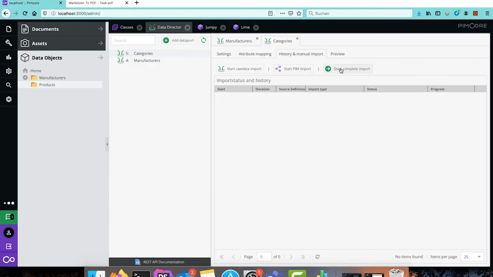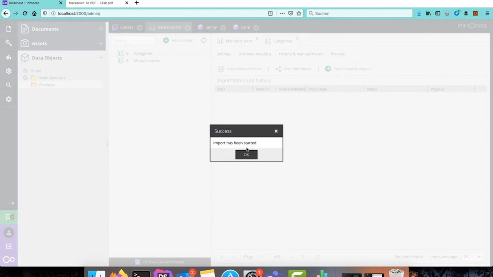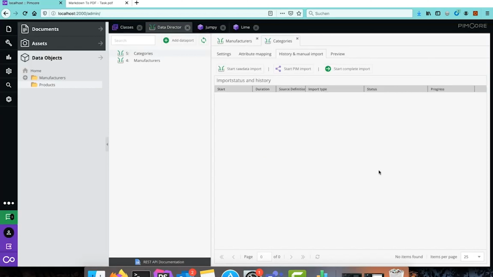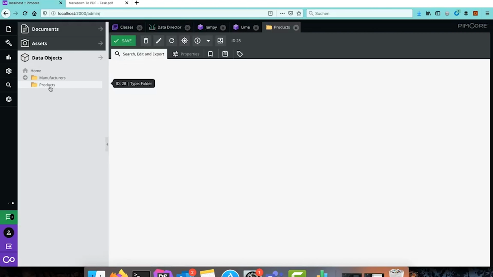And now I come to the third button. This Start Complete Import button does the same as importing raw data and afterwards doing this PIM import or object import. So that's just a shortcut for those two steps being executed one after another. So when we press that, there are two new items, the raw data import and the PIM import. And when we refresh